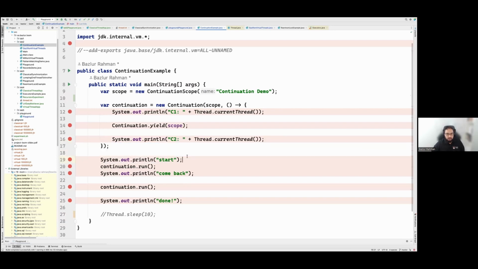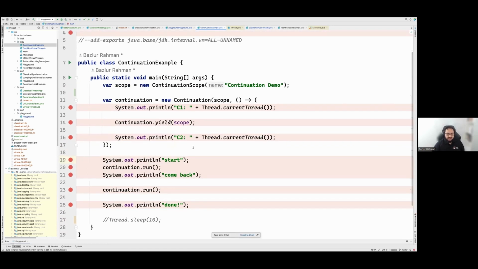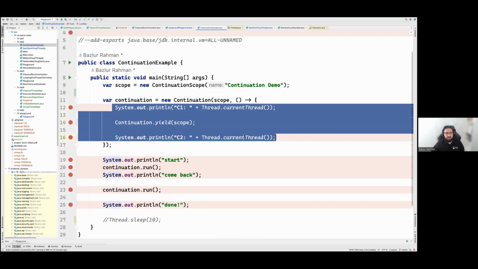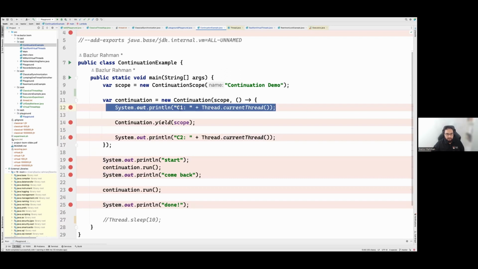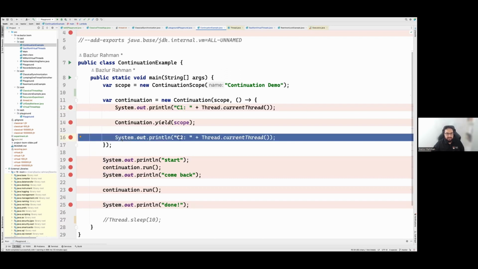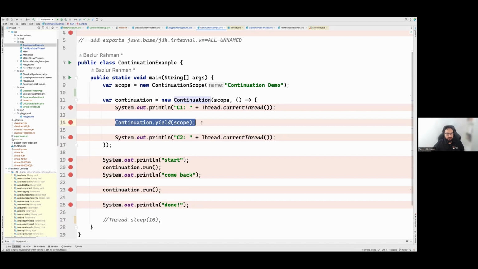Now the question gets interesting. These are the statements we're going to execute: the first line, C1, and then the second line, C2, and in between there is a method called continuation.yield. I'll explain that in a minute, but for now, this is just a method call, nothing fancy. It doesn't do anything and has no side effect.